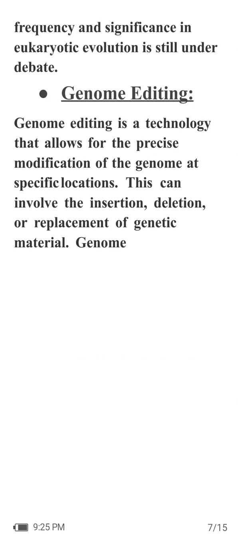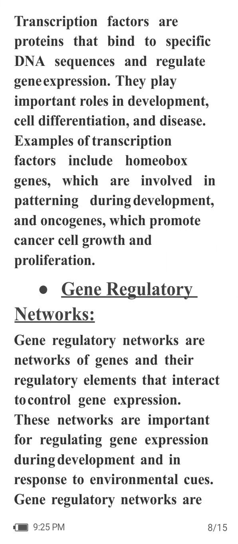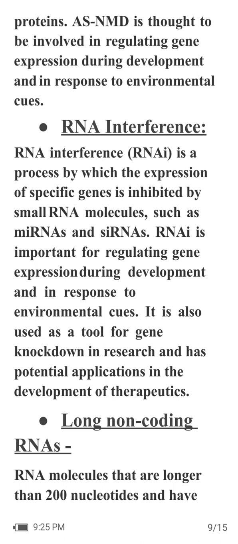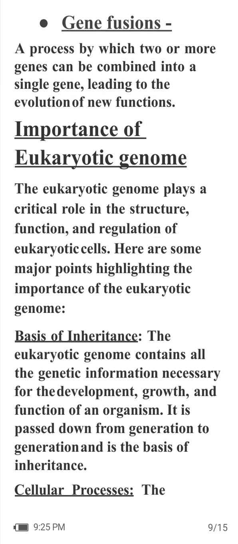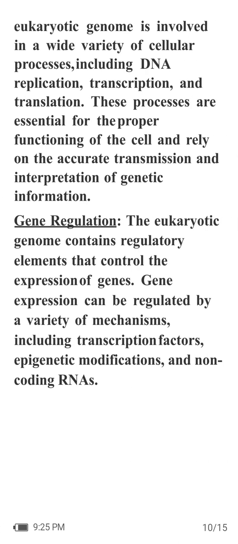horizontal gene transfer, then genome editing. Chromosomal aberrations, transcription factors, gene regulatory networks, alternative splicing coupled with nonsense-mediated decay. RNA interference, non-coding RNAs, circular RNAs, alternative polyadenylation, polyploidization, gene fusion. Importance of eukaryotic genome: basis of inheritance, cellular processes take place here, then gene regulation,